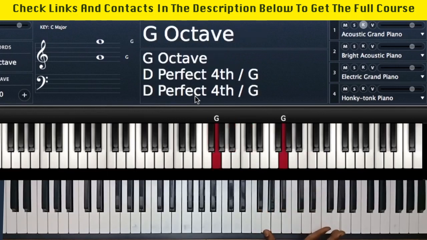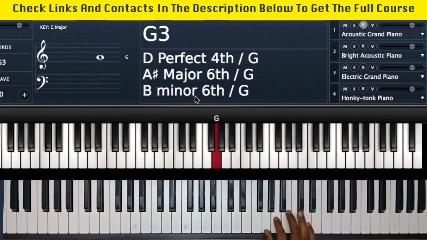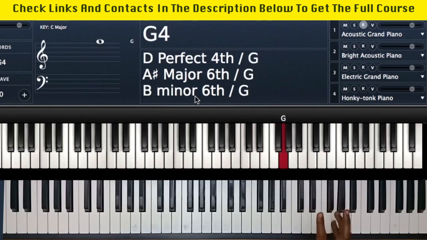Next we have the G major chord. So we have the G major scale, G, A, B, C, D, E, F sharp, and G. And the G major chord will be 1 is G,